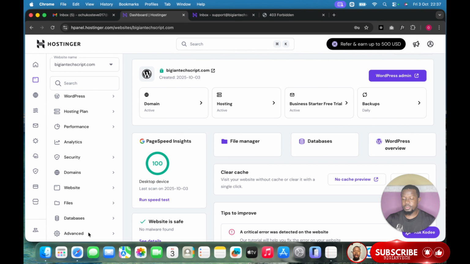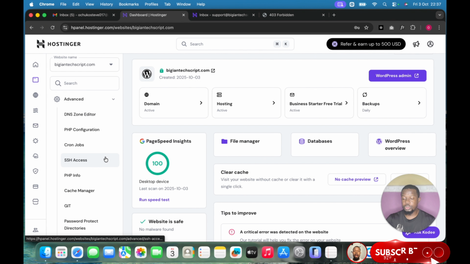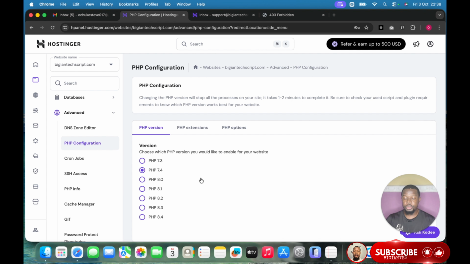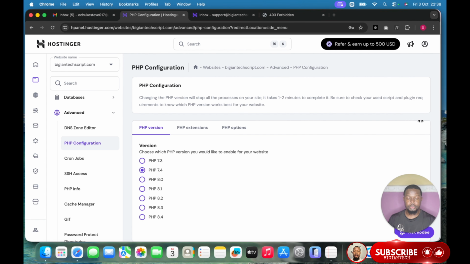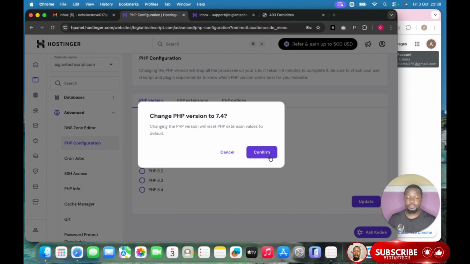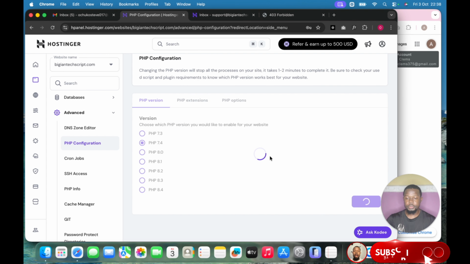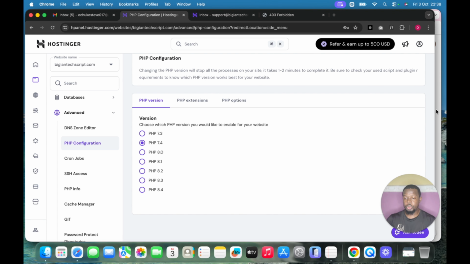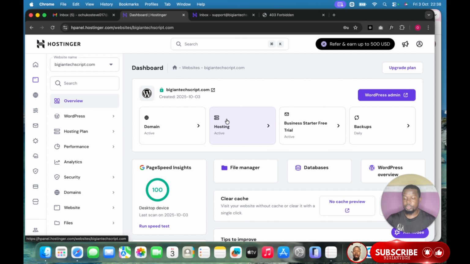So let's go to advanced. Before I continue in any section, go to advanced, go to PHP configuration, change it to 7.4. Change it to 7.4. Good. So the next section here, go back to your dashboard, locate file manager,